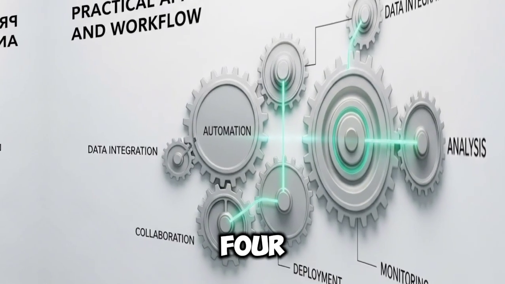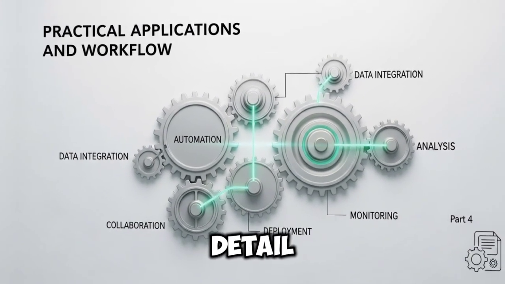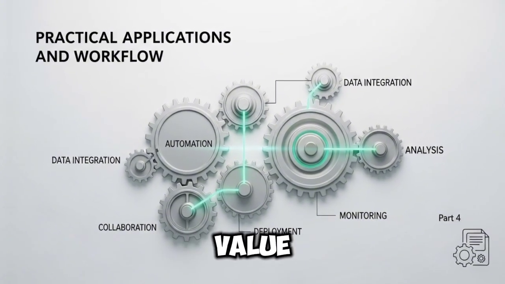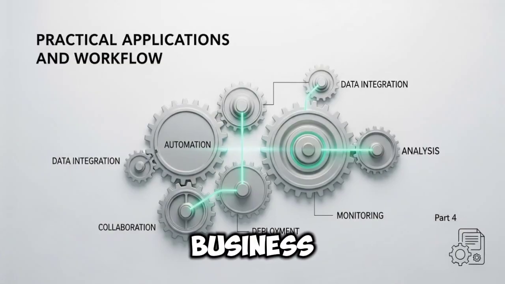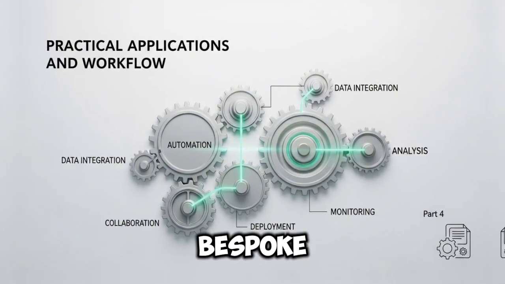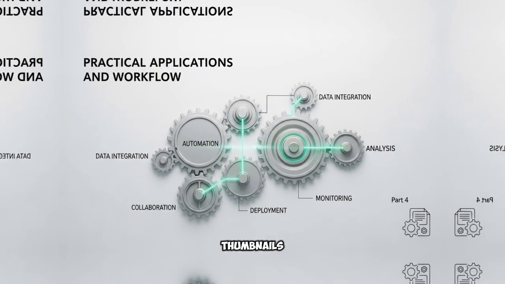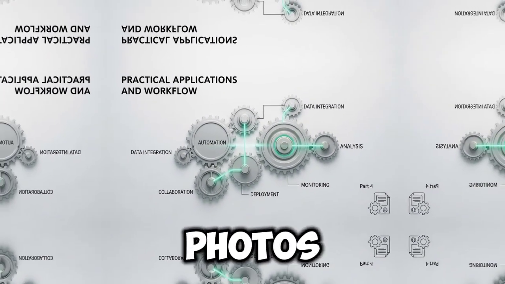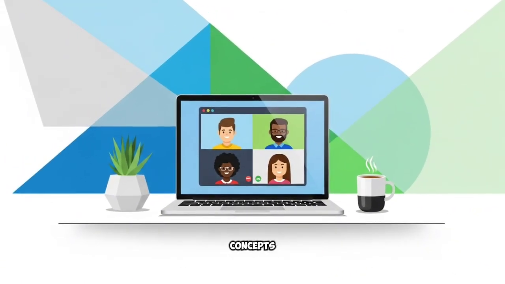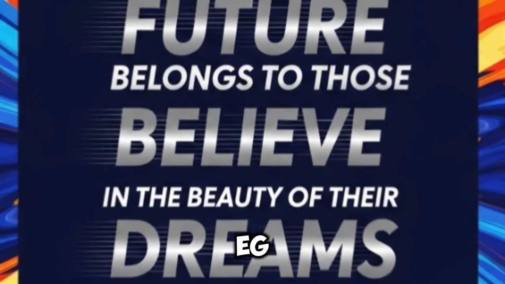Part 4. Practical applications and workflow. Why is this level of detail necessary? Because these techniques unlock real, practical value for any creator or business. Real-world utility. Content creation. Create bespoke, highly specific hero images for blogs, articles, and video thumbnails that outperform generic stock photos. Branding and marketing. Generate tailored graphics, ad concepts or product mockups that match a specific brand aesthetic, e.g., a